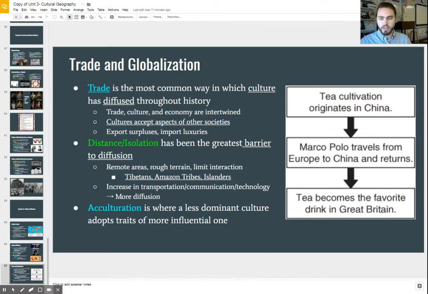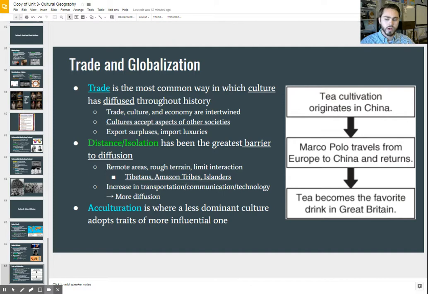All right. Finally, we're going to take a look at globalization, and I want to mention one way in which culture has spread throughout the years, and the number one way in which that's occurred is through trade, where one person has certain things that another does not, and so oftentimes what people did, and still to this day do, is trade with one another. I'll give you what I have as part of my culture, whether it be goods, certain foodstuffs, whatever the case may be, iPhones today, and you trade with other countries for goods that they have. And this is another way that culture diffuses.